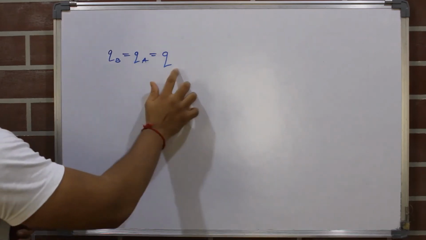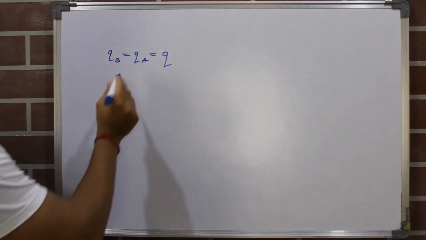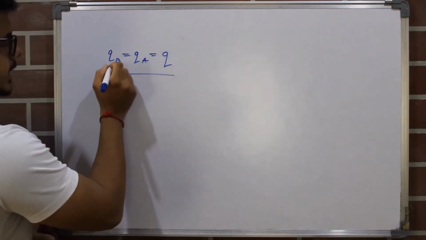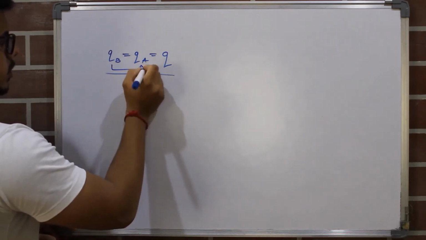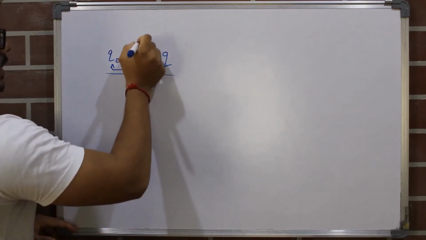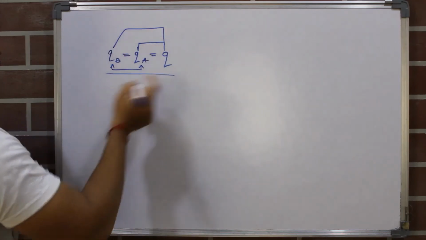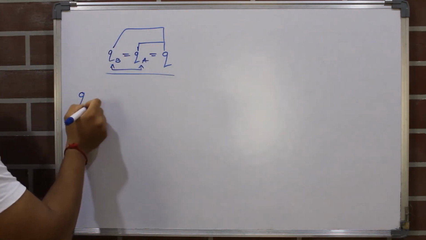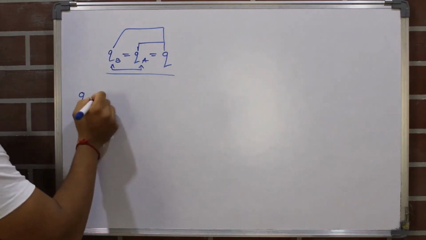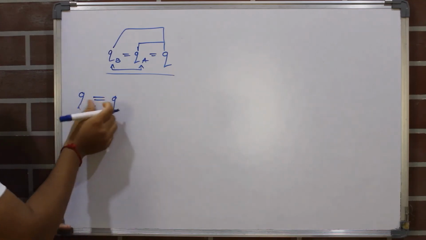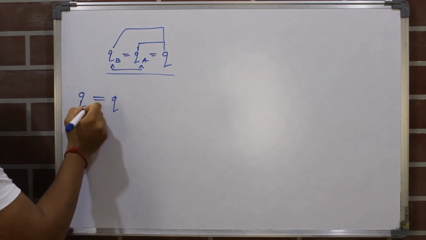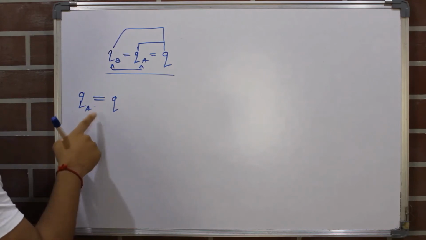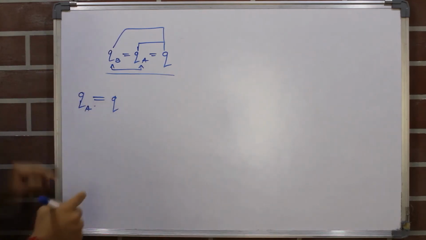Okay, this equation we know that now only we had discussed. We had utilized these two parts. Now we will see this or this. First, we will see that QA is equal to Q. You can also substitute QB equals Q or QA equals Q. You will get the same answer only.